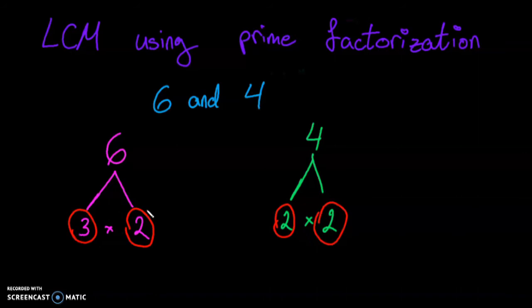And now we circle all the numbers that are the same. For example, for 6 we have 3 and 2, and for 4 we have 2 and 2. So in the number 6 we have 1, 2, and in the number 4 we also have 1, 2. So I'm going to circle it in yellow. The LCM